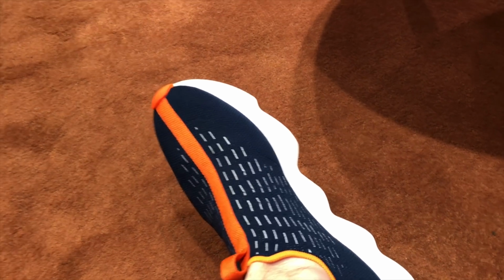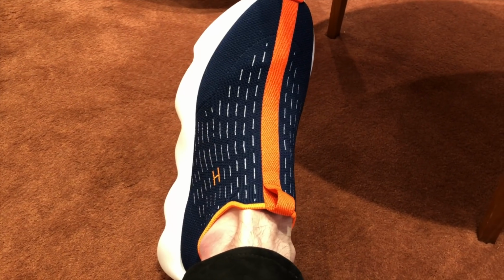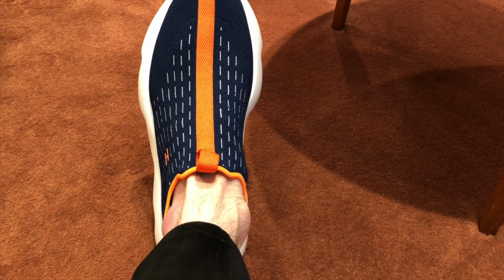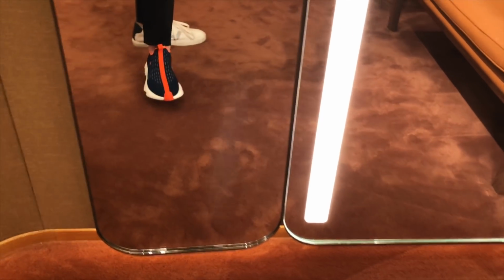They continued to make sock boots, but they're coming out with a new design for sock sneakers, which I didn't quite understand. But I'm here to report to you that in case you like the look, there is a new sneaker coming out that's both available for men and women called the Eclair sneakers, which are knitted and they feature this really cool graphic sole, which you would think are going to be heavy as a brick, but they are